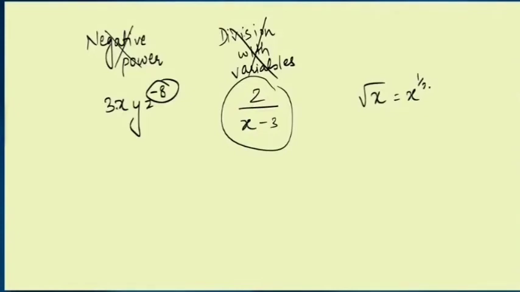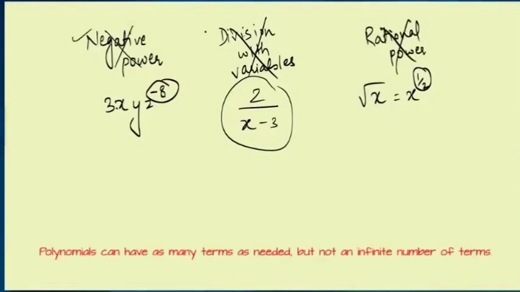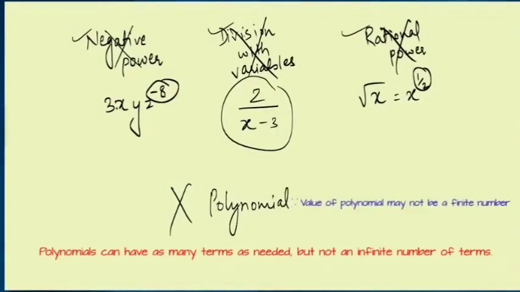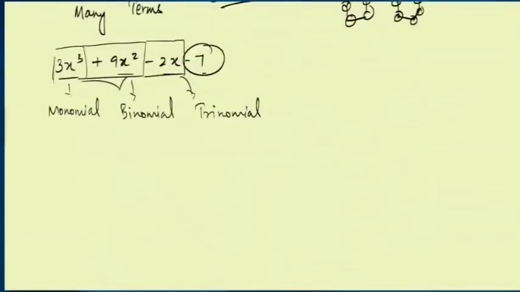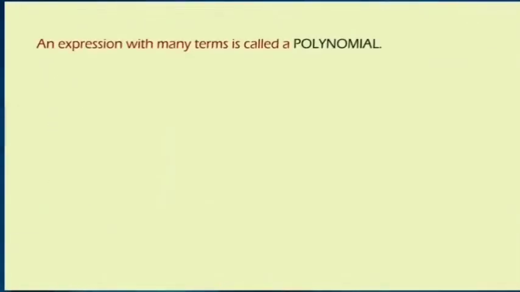Third thing is that if any variable has a fractional power, for example under root x. Under root x means x to the power 1 upon 2. So it is a fractional power, so it is also not a polynomial. So if you see any algebraic expression with these 3 kinds of terms, you can simply say these are not polynomials. Got it?